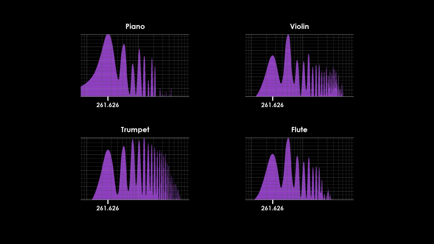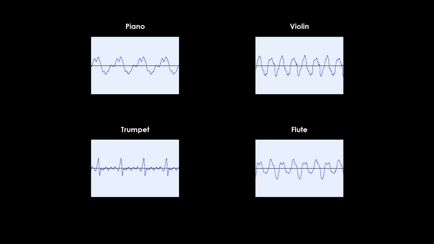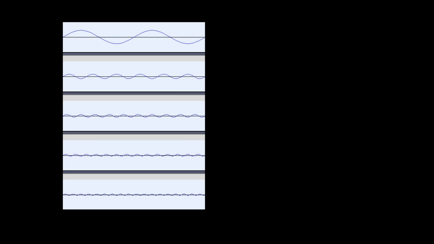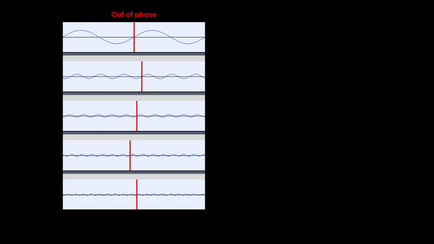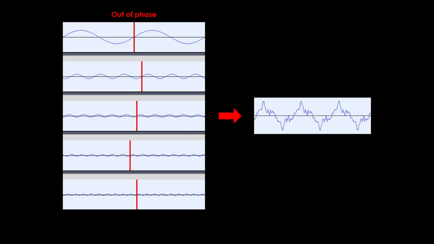However, in the first episode, I mentioned that timbre is actually more related to the frequency spectrum than to the waveform. This is because while the phase of the components affects the waveform, it does not affect our perception of timbre. Let's look at this example with a square wave. If we add all the components in phase, that is, that at some point they all coincide in phase, we effectively achieve the square shape. If I randomly shift the components so they're not in phase, and add them together, then we get this wave, which looks very different from a square wave.